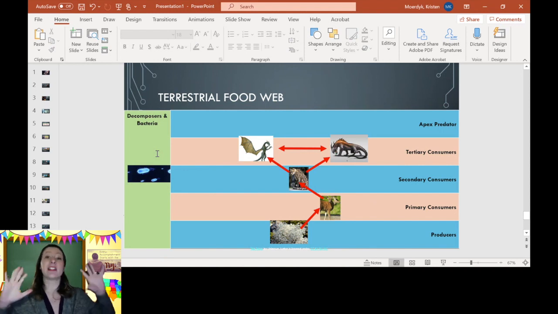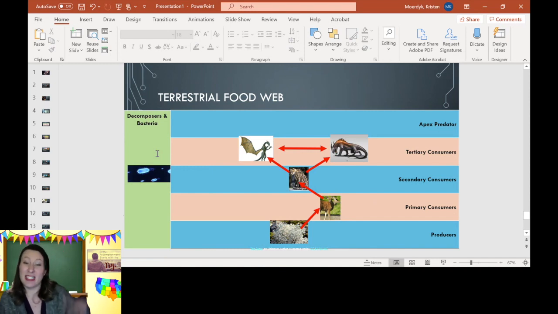Now, again, this is not a complete food web. This is a very simple look at a food web. It's the very beginnings of it, and I need to add more details. I need to probably add more producers, more primary consumers. I probably don't need to add any more high-level predators or consumers. Maybe I bump up the dragon and the fire drake to the apex predators, the main predators,